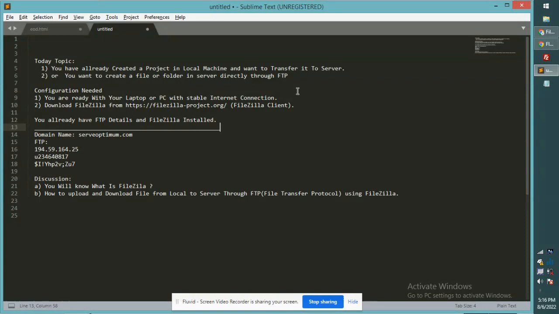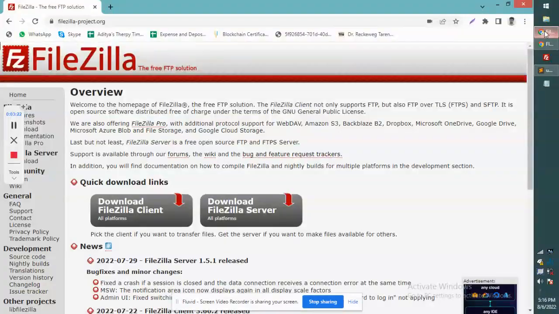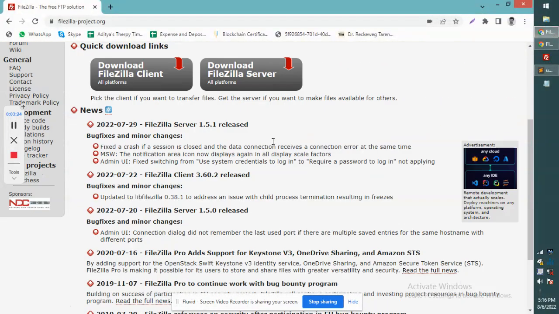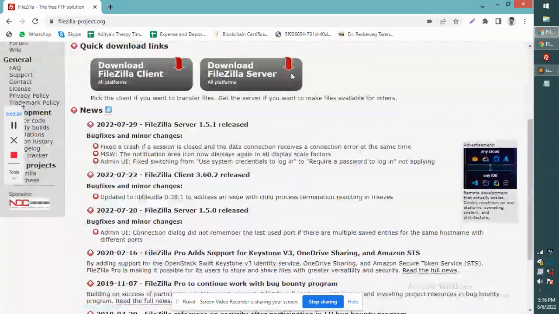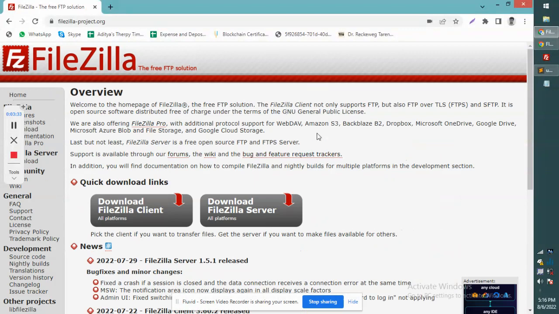Okay, now I'm coming to the main topic and I'm showing you a browser here. You can see you can download FileZilla over here, not the server, only FileZilla. We have already said this. So what I am going to do now: I have already installed FileZilla,